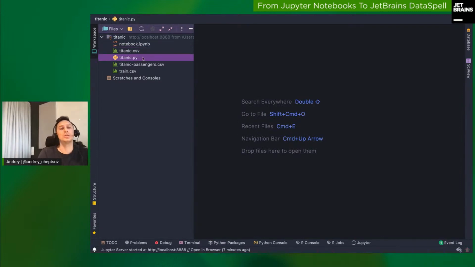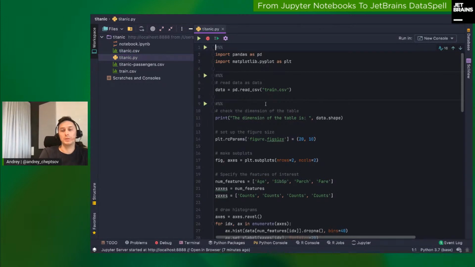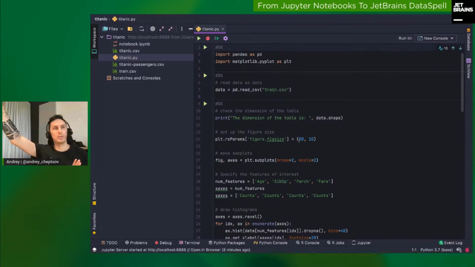Finally, it's worth talking a bit about the scripts. So now we've opened the Titanic.py. This is a Python file, and we immediately might see a slight difference with PyCharm. What you typically have in PyCharm is an IDE with Python files, and you can read and edit these files, and then you can run any of these files by creating a run configuration, right? On the very top of PyCharm, you have run configurations,